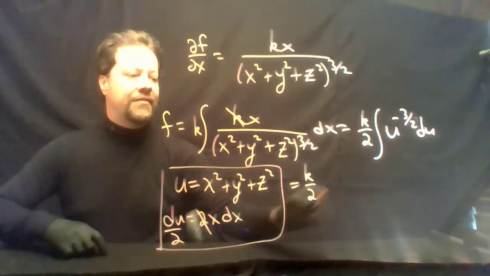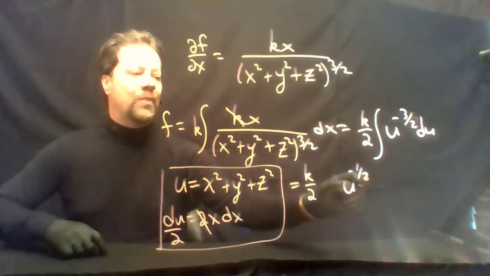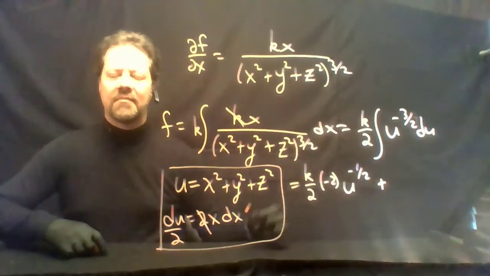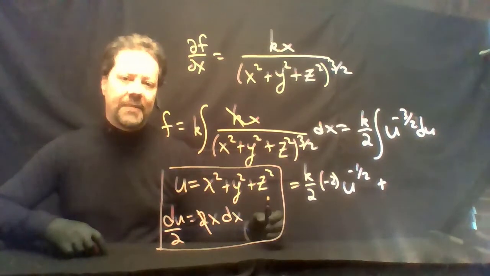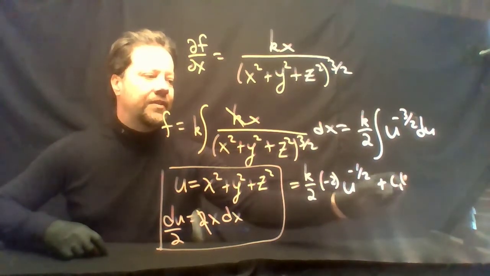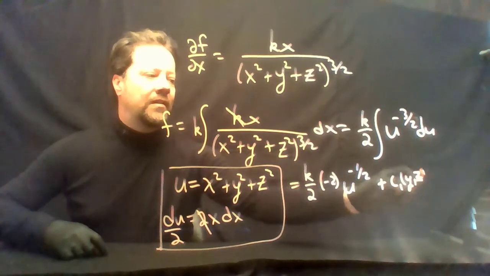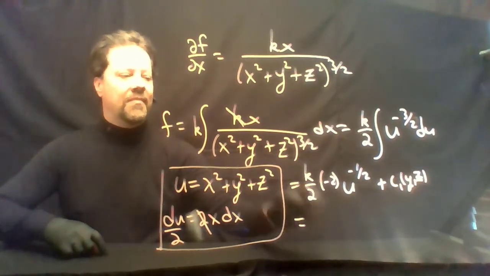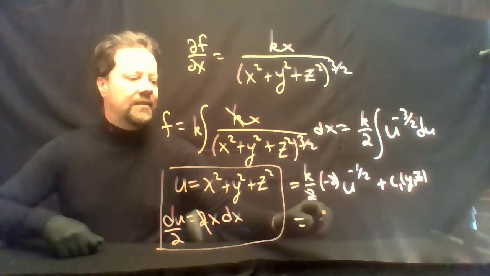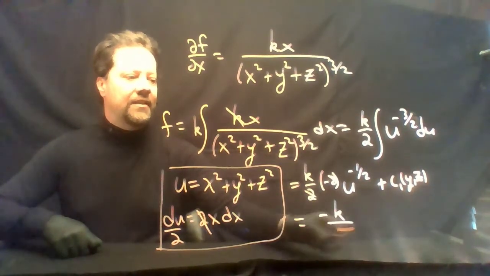That's k over 2, u to the minus 1/2 times negative 2, plus something that does not depend upon x, an arbitrary function of y and z. You can see that the 2's go away, and we get minus k divided by the